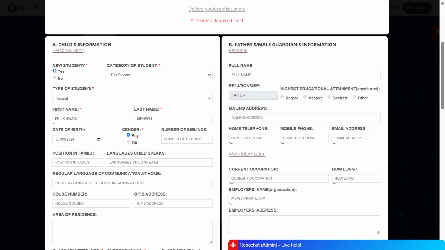On the form, you can see that he's a new student and a normal student. His first name is here, Felix Kweku. Where the Kweku is, this is where we want to make the changes. So we clear the A and then update it with E. So, Felix Kweku. Let's assume there are other names that were supposed to be part of his name but were omitted. So let's say it's Felix Kweku